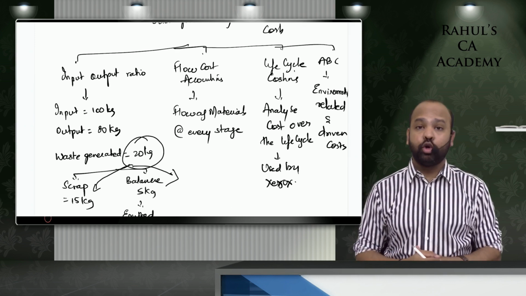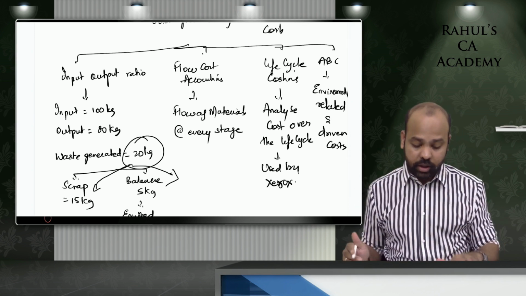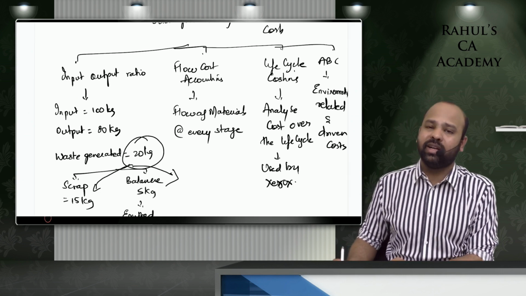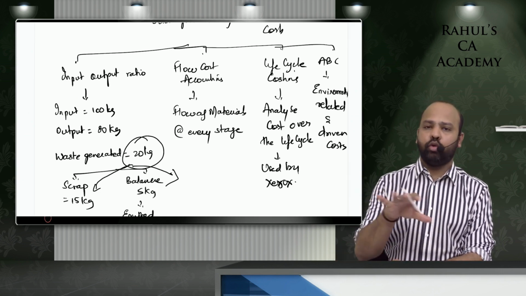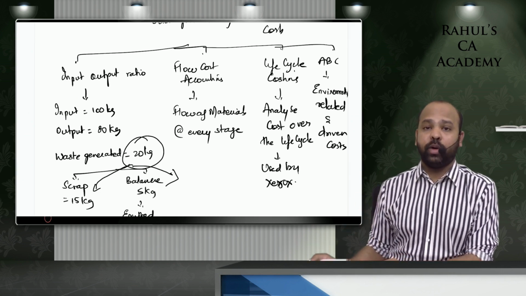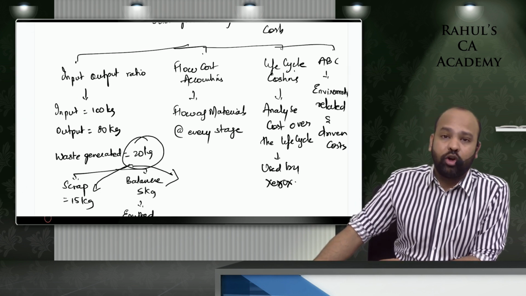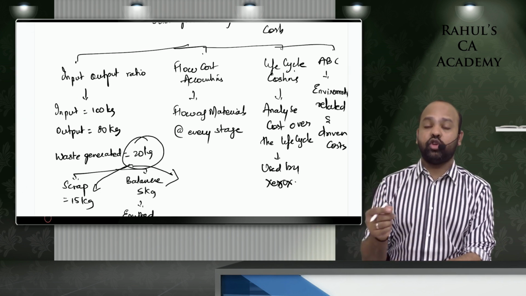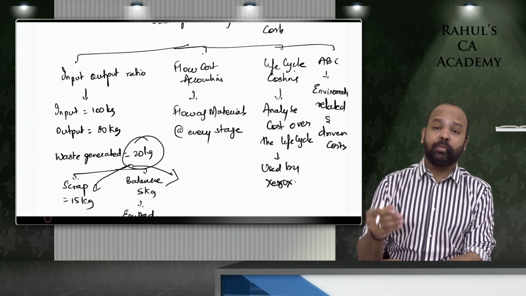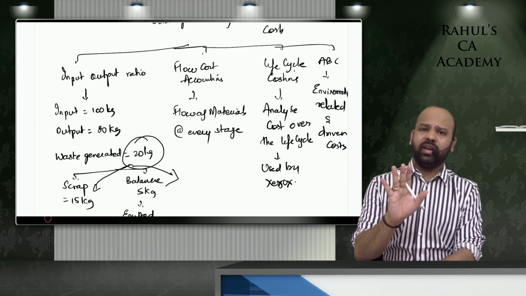That is your input output ratio, measuring the relation between the input and the output to determine the waste. Flow cost accounting basically measures the flow of materials as well as power at every stage. We call them power flow, and it talks about your input cost, material cost, system cost, and delivery or disposal cost. What is the cost of procuring raw material? You will measure that at every stage. You will measure your labor cost and other production expenses at every stage. What is the cost of delivering the product to the consumer or disposing of the waste in the organization? This is basically flow cost accounting.